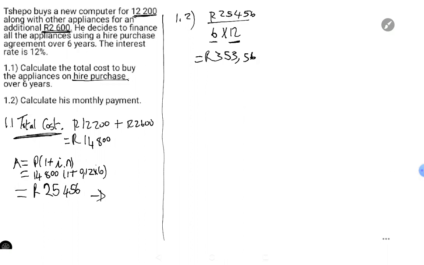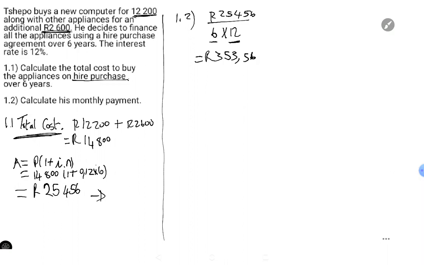And then the 1 in the bracket is standard, and then the 0.12 is 12 divided by 100, because 12%, remember in the previous video, or with financial maths 101, you always have to divide your percentage by 100. And so you put 12 over 100 on your calculator, you're going to get 0.12, and then you multiply by the number of years. And so that gave us